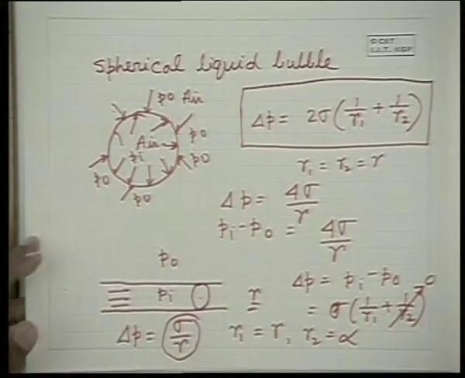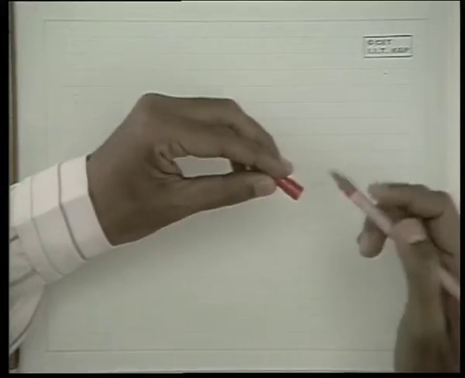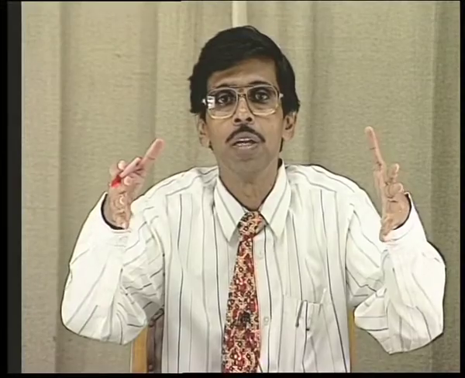Now I come to another phenomenon of surface tension known as capillarity. Probably you have already read at school level that if in a beaker or container of liquid we dip a tube, we see that liquid rises in the tube, above the level of the liquid in the container. Who is responsible for holding this extra height of liquid in the tube? That is purely the phenomenon of surface tension, or the surface tension force is responsible for that.